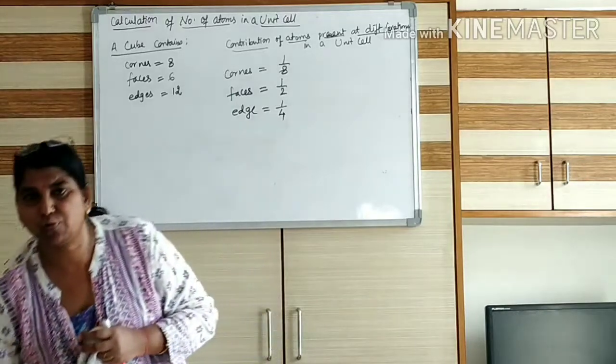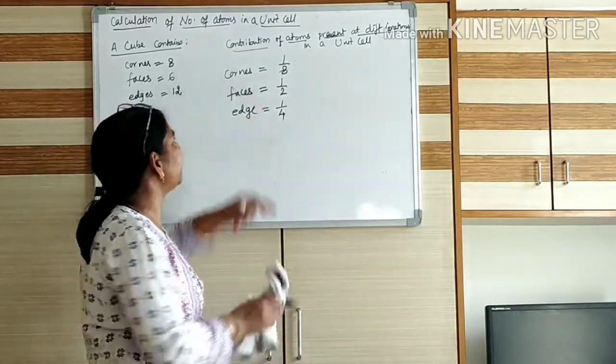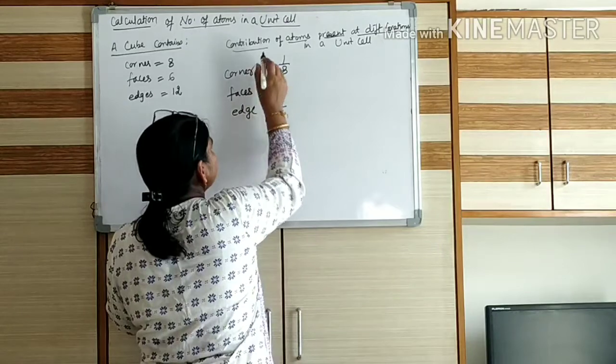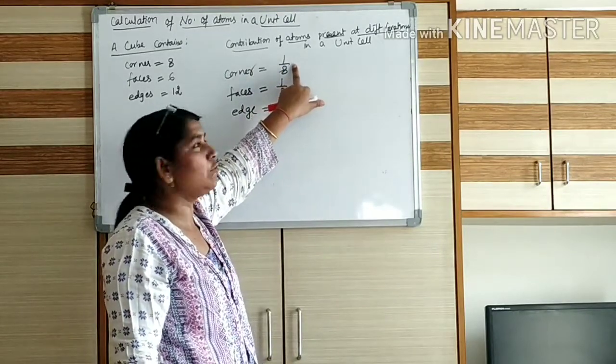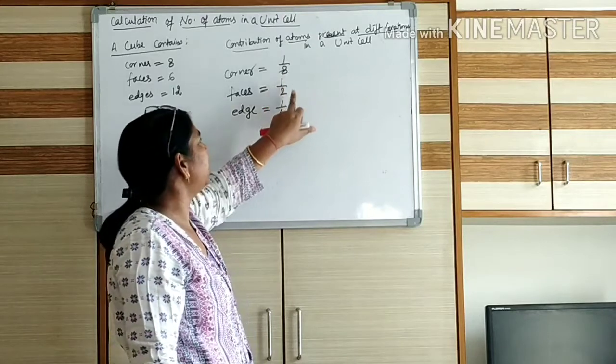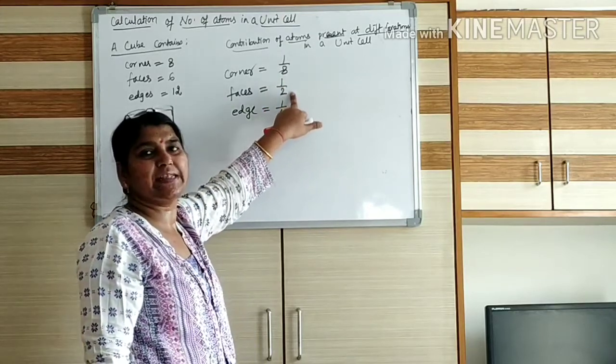So 4 में share होगा ये. So the atom which is present at the corner, it is shared between 8 unit cells. So particular unit cell को it contributes 1/8 part,